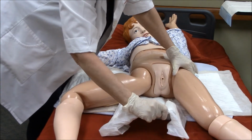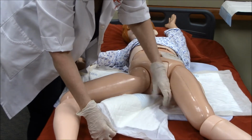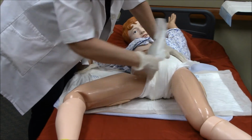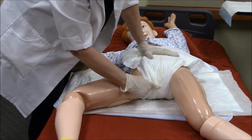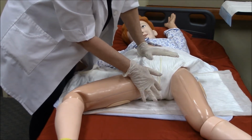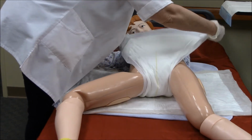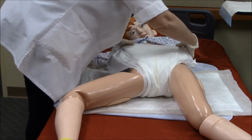What you want to do is pull this brief, making sure that you make this where it has got the elastic lace flat against the leg. Now, you will see that there is a line. This is an indication that it will turn colors when it is wet. At the top of the brief, you can fold it over just a little bit,